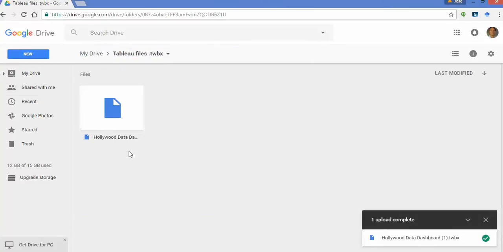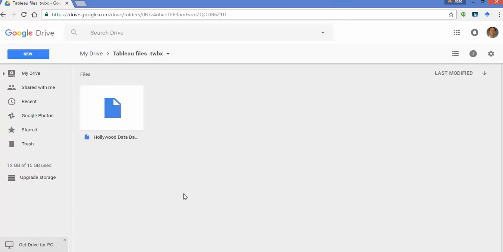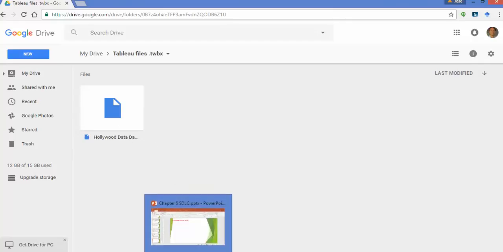Then on presentation day, instead of having to mess around with USB sticks and stuff like that, keep in mind some of these presentations will be pretty big, so they might not even fit on a stick unless you have a very large one, what you can do is just open up Google Drive, navigate out to Hollywood Dataset, and then when you double click on it, it will open up. Be mindful